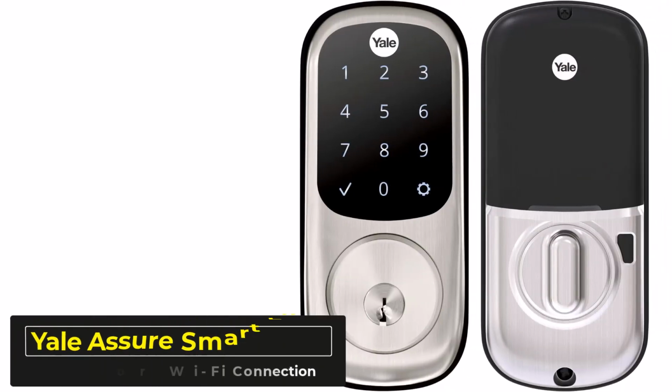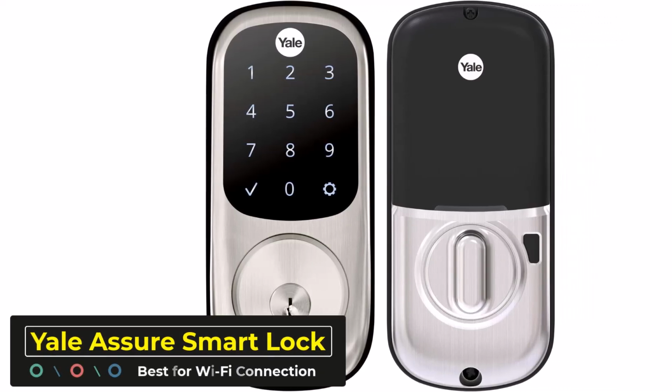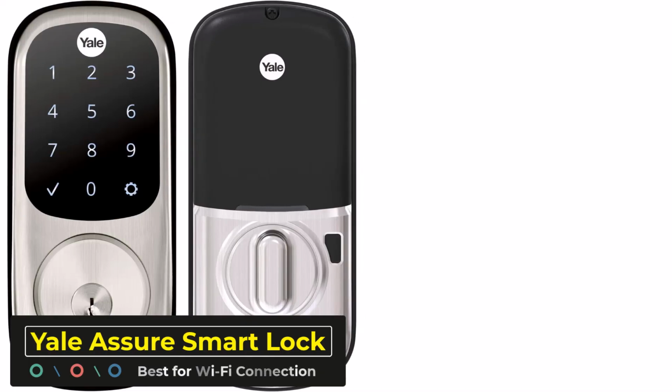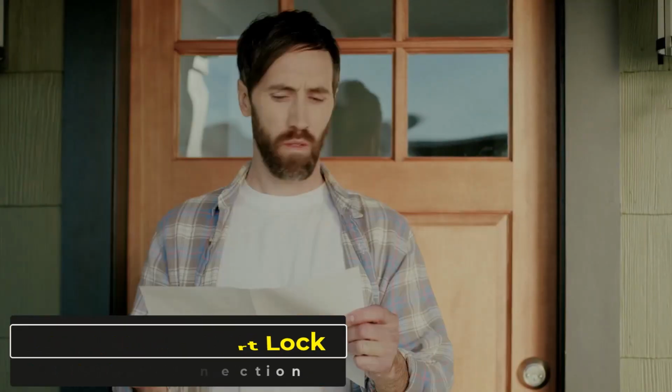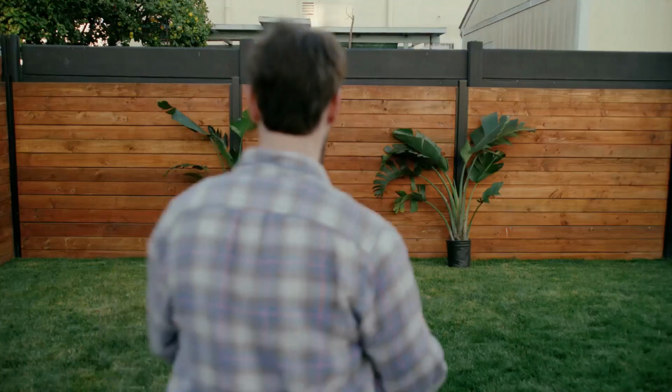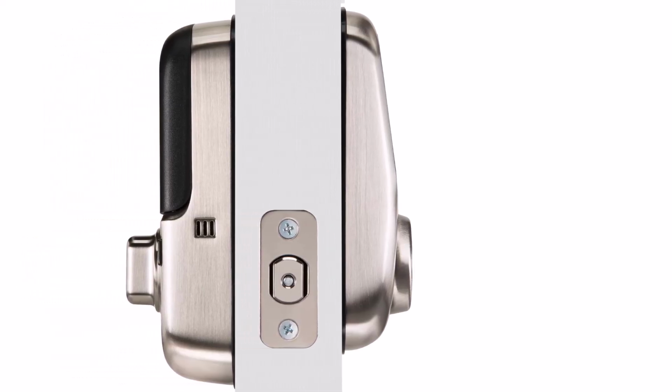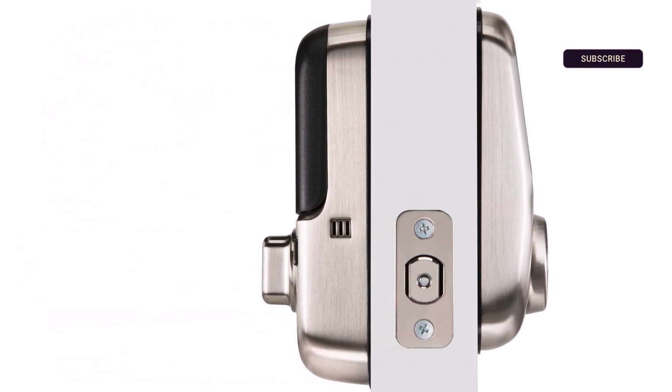Number 2. Yale Assure Smart Lock. Best for Wi-Fi connection. This smart lock stands out as the best complete replacement for your current Deadbolt system, and hopefully, your need for keys. While the Deadbolt does come with a mechanical key, the smart lock app is designed to auto-lock and unlock based on how long it's been since you shut the door and how close you are to the door when returning,